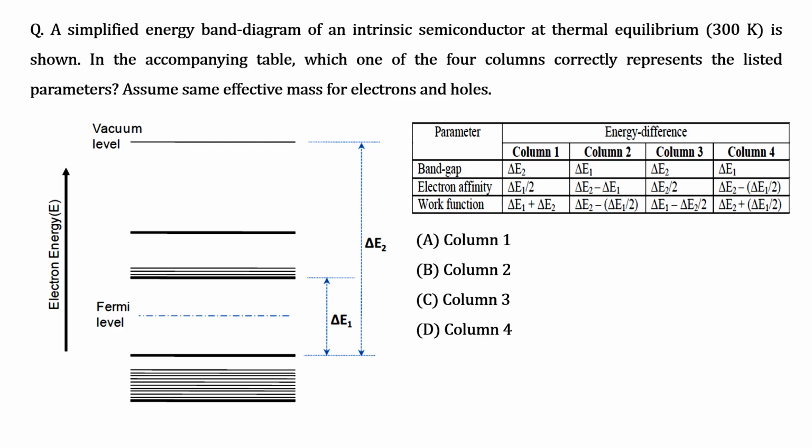One person can tell me what is band gap, and other people can talk about electron affinity and what is work function. So can someone define band gap? Band gap is the distance between the valence band and conduction band, the energy difference between them. Okay. And what is electron affinity then? Then electron affinity means